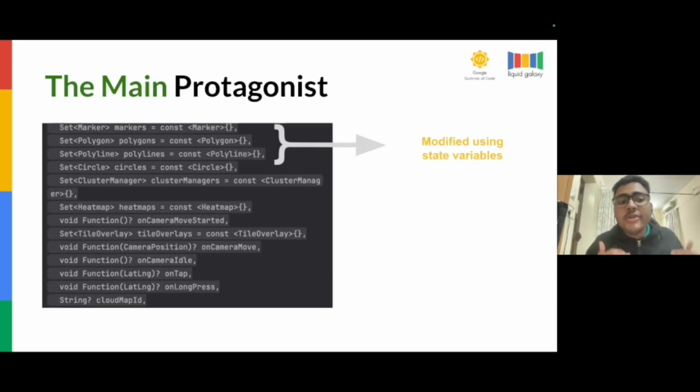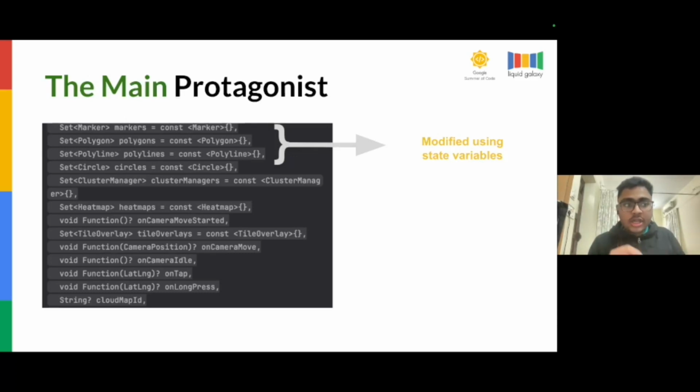So what I am going to do is, when I am taking a set of markers, I will take each individual marker, or each individual polygon or polyline, as a state variable. So we can initialize its state, take it as some input right from the beginning. And there at the bottom, do you notice a function that has lat long as a parameter, known as onTap? What this onTap does, when I show my Google Map on a mobile, Android or iOS screen, is that when I click on it, it gives the return type as a latitude, longitude, or a particular point in that map. So what I am going to do here is assign a variable to this lat long